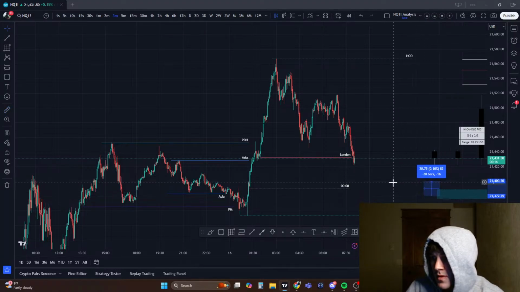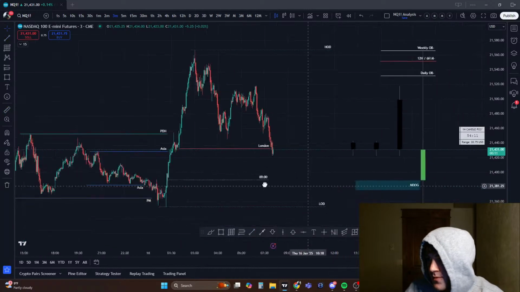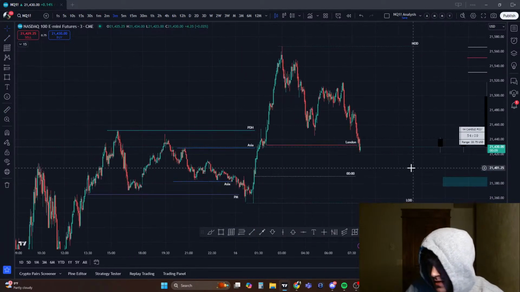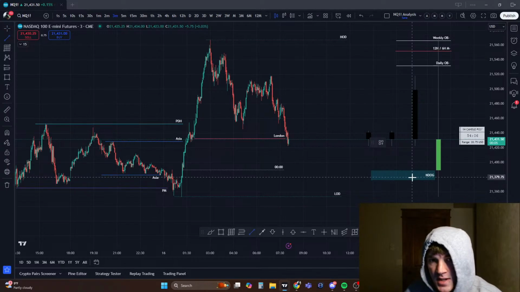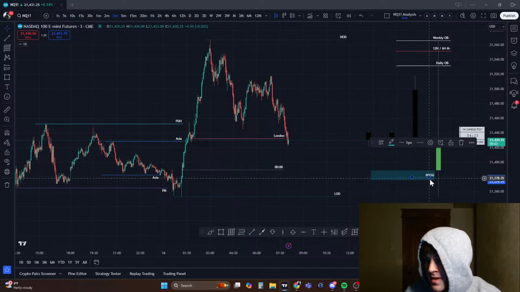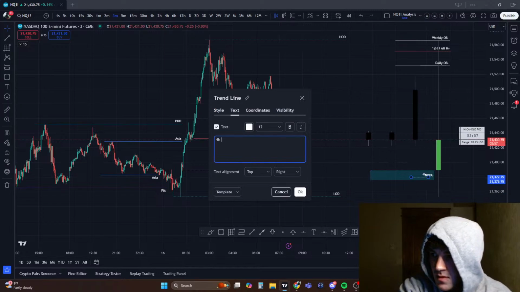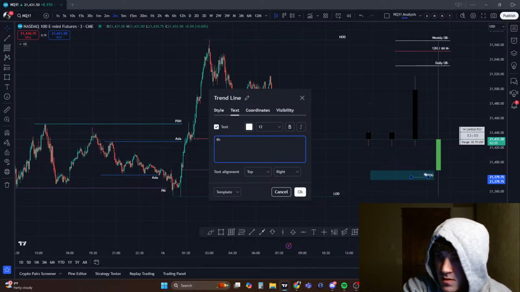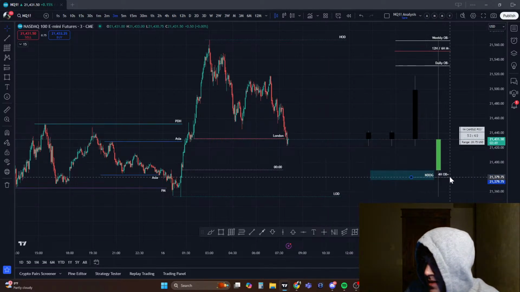I mean, maybe we'll go to it. So I just want to have it as a reference, in case we do go to it. I mean, it's sitting right below midnight, but it's such a tiny order block, so I don't know if it has that much weight, to be honest.